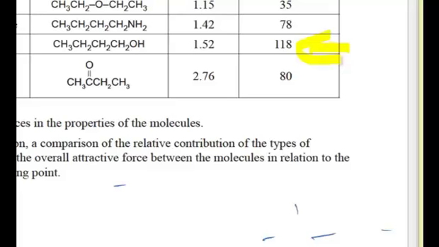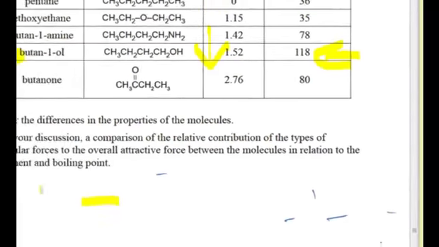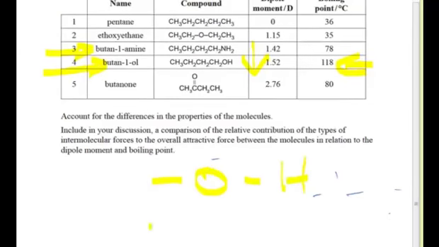And we get obviously an increase in the dipole here, and that's really indicative of the fact that the OH group here, as compared to the NH2, we get the oxygen is more electronegative, and we get a stronger, bigger dipole between these two. So that's going to be bigger, and that means its attraction to another molecule is going to be stronger than it would be for an amine to another amine. So just the fact that the oxygen is more electronegative, creating a stronger hydrogen bond is important here.